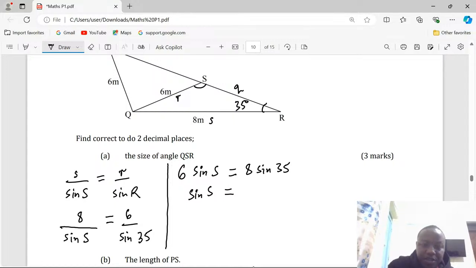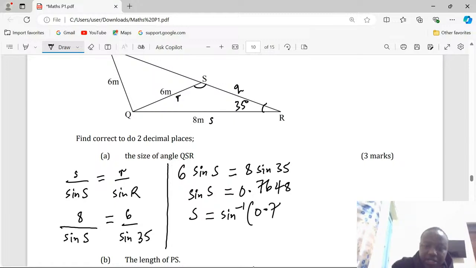This is going to give us 0.7648. And at this point, we can get the value of the angle at S by obtaining the sine inverse of 0.7648. This question is not even very simple, because after we get the sine inverse, the angle is going to be